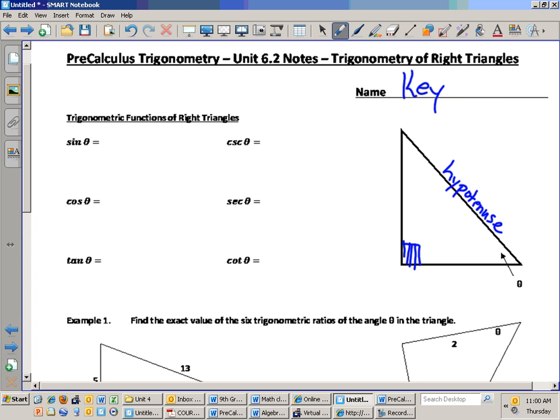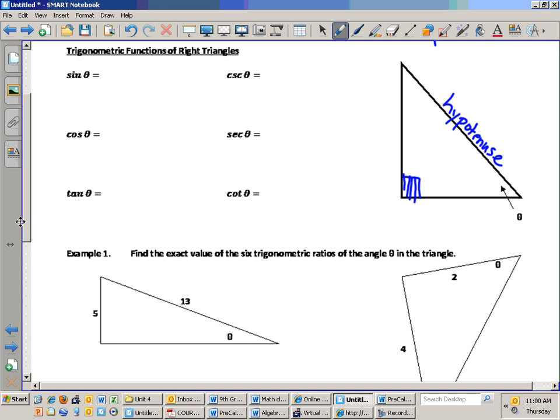The hypotenuse is the side opposite the 90-degree angle. It's also the longest side in a 90-degree triangle. We also have a side that's referred to as the opposite side because it's across from the angle. And then we also have what we refer to as an adjacent side. And the adjacent side